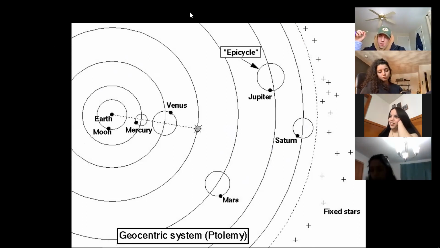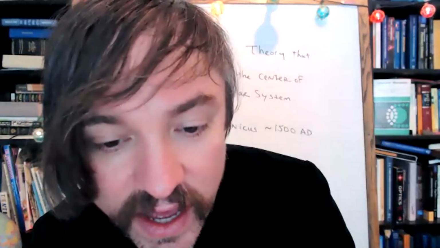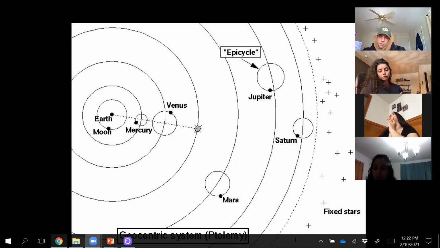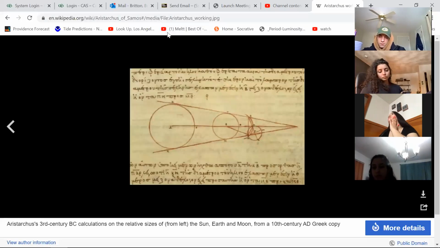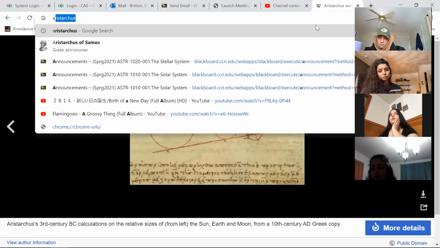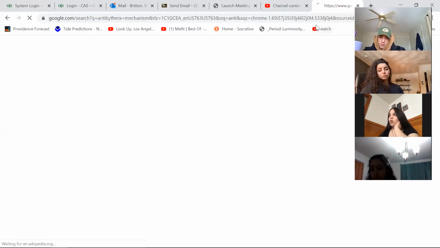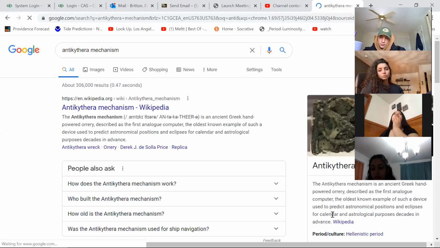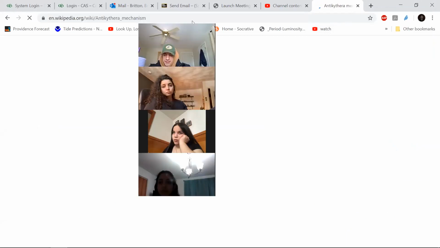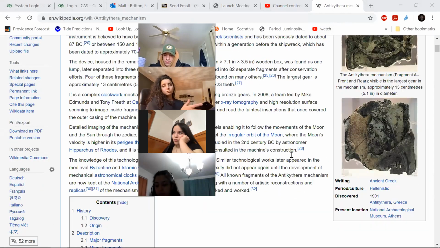On a fun note, and this is just a kind of fun thing, I recently read about this thing that was discovered on a Roman shipwreck, maybe around the time of Julius Caesar. It's called the Antikythera mechanism. Basically they found this old Roman shipwreck that was carrying treasures to Rome for, I don't know, Julius Caesar or some other famous senator. And the ship went down at sea and was lost for thousands of years.